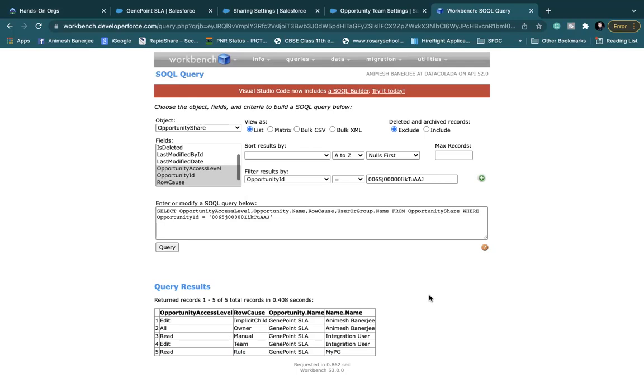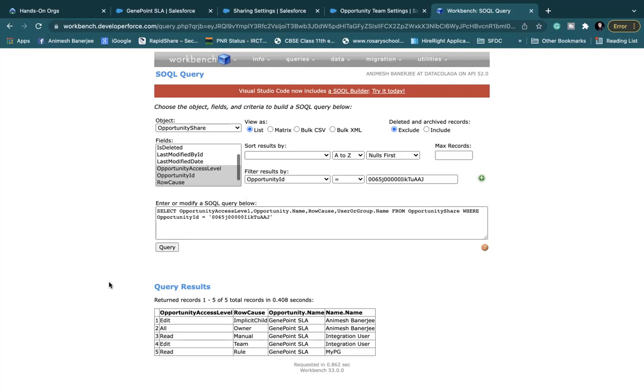If I want to do programmatic sharing, I can also do Apex managed sharing using code, wherein I can directly insert my own record into this object. Then sharing will happen automatically. I can directly insert using code. I can also insert using flows. We will discuss how flows and everything work in process automation, which is coming in future sessions. Till then, it is important for us to understand sharing.